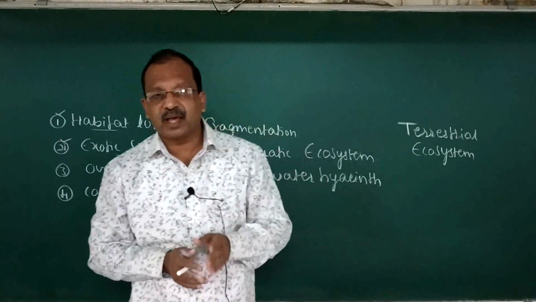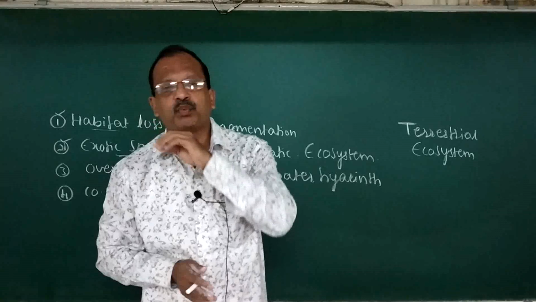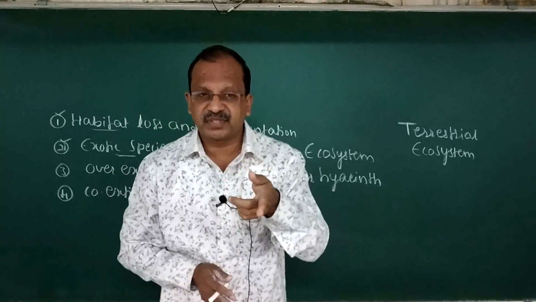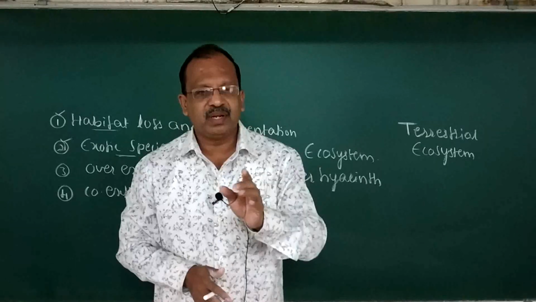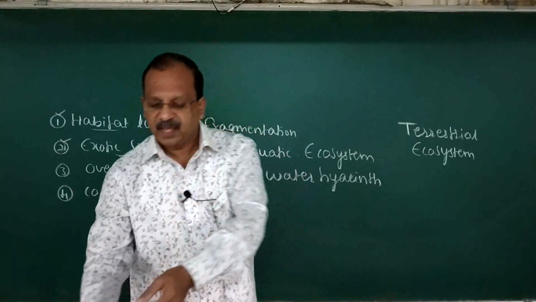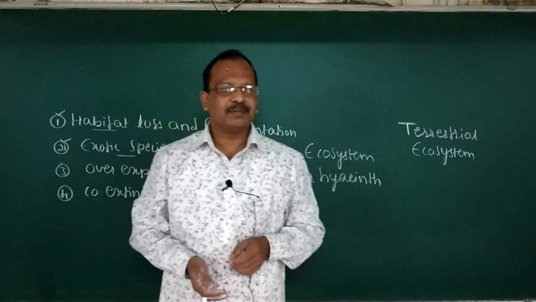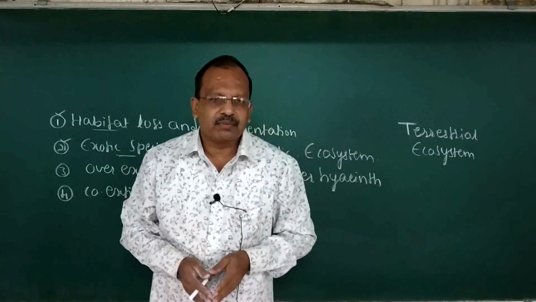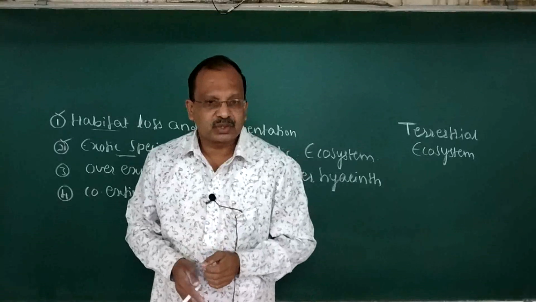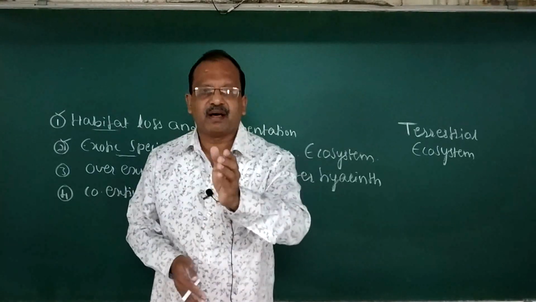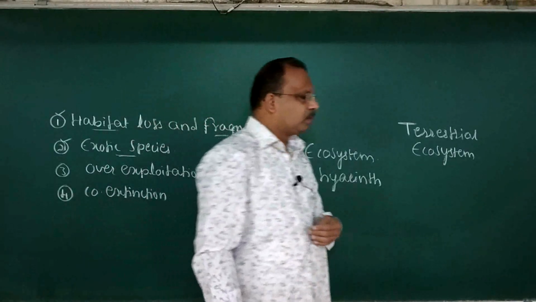But it will multiply through vegetative propagation, that is offset, and cover almost all the space which is available in the water bodies. It will drain out oxygen and kill many aquatic plants and animals, including fishes. Therefore, it is commonly called terror of Bengal.